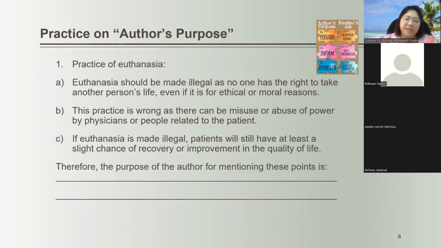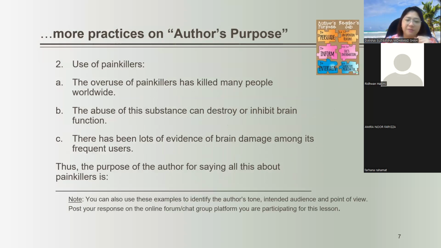Okay, so now we're moving to the next slide. Practice on author's purpose. The topic is going to be on practice of euthanasia. Euthanasia should be made illegal as no one has the right to take another person's life, even if it is for ethical or moral reasons. This practice is wrong as there can be misuse or abuse of power by physicians or people related to the patient. If euthanasia is made illegal, patients will still have at least a slight chance of recovery or improvement in the quality of life. So therefore, the purpose of the author for mentioning these points,